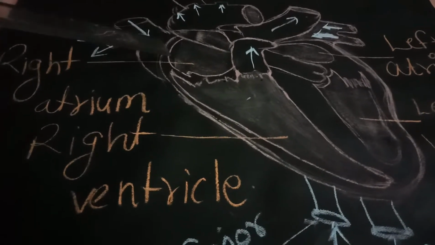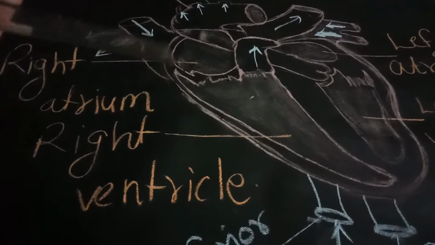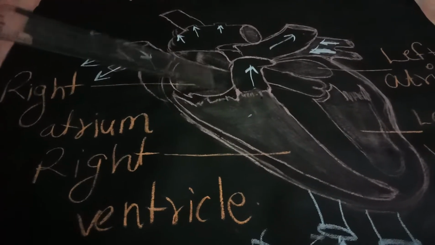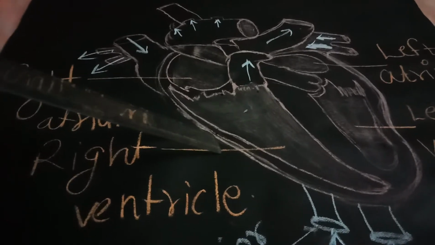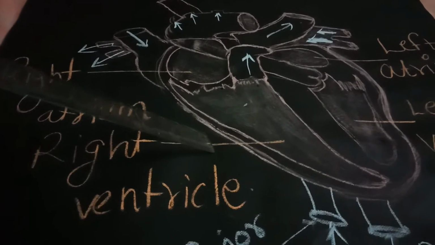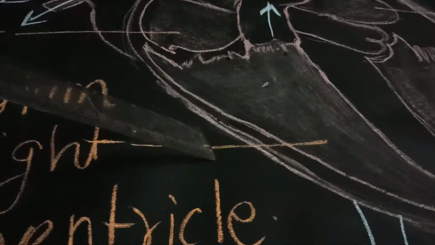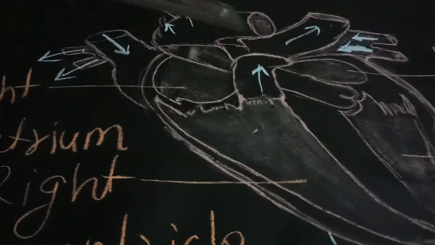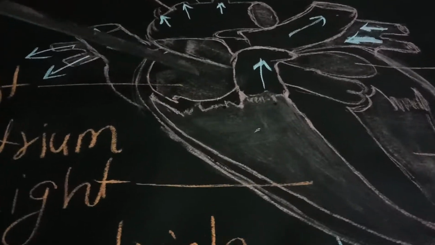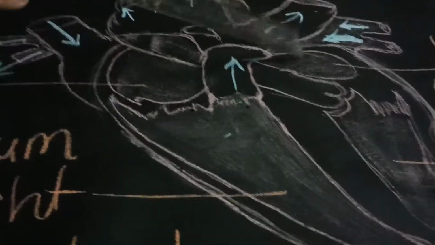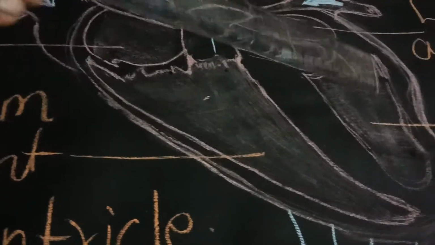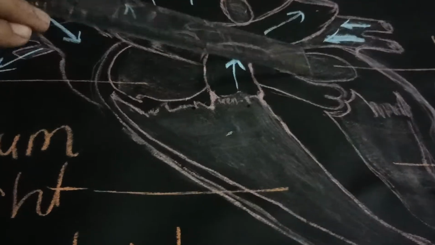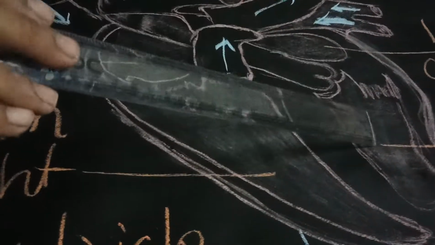The human heart is a muscular organ consisting of 4 different chambers. Now you can consider this heart as a factory. In a factory we have different compartments, correct? Like that, the heart is also made up of 4 different chambers. Are you able to see here? See, 1, 2, 3 and 4. I am repeating it again. 1, 2, 3 and 4.